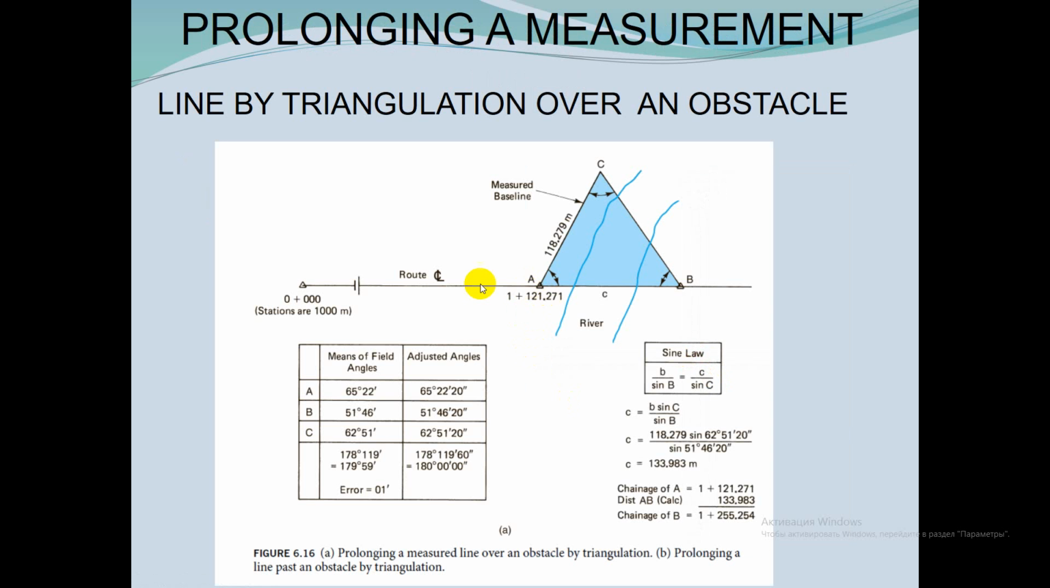In route surveying, obstacles such as a river or chasms must be traversed. In the figure, the distance from point A to the station established on the far side of the river can be determined by solving the constructed triangle